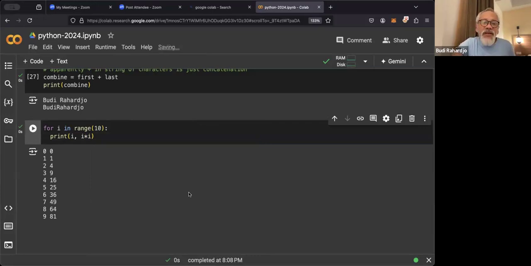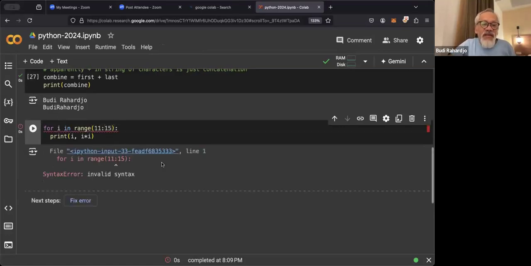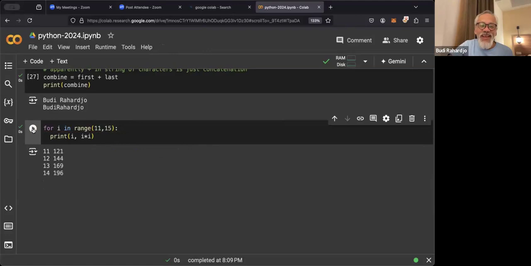Okay. How about if I want to print from 11 to 15? I can do also this, I think. Sorry, not 11 to 15. Sorry, from, I think, comma. Sometimes I forget the syntax for each language. So if you put 10, it will count from 0 to 10. But if you do this, range from 11 to 15, it will start counting from 11. But the 15 is not included. The last one is not included.